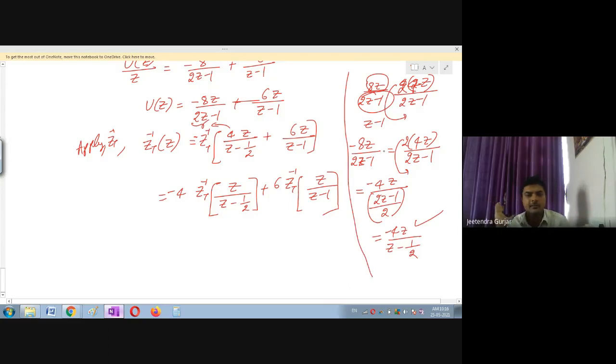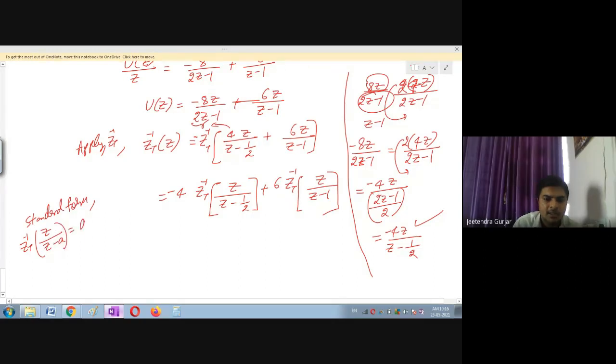On the right hand side, I am giving all the explanation and all the steps I am writing, so that you don't get confused. Now write it in the standard form. This is very, very important. This must be in the standard form, students, please note that, because when I take the inverse Z transform of Z divided by Z minus A, you should get A raised to N. Is it clear? So therefore you can apply now. I will write minus 4 as it is.